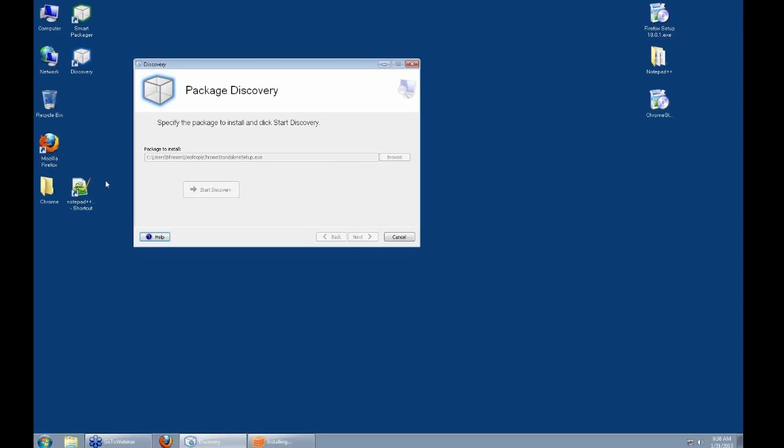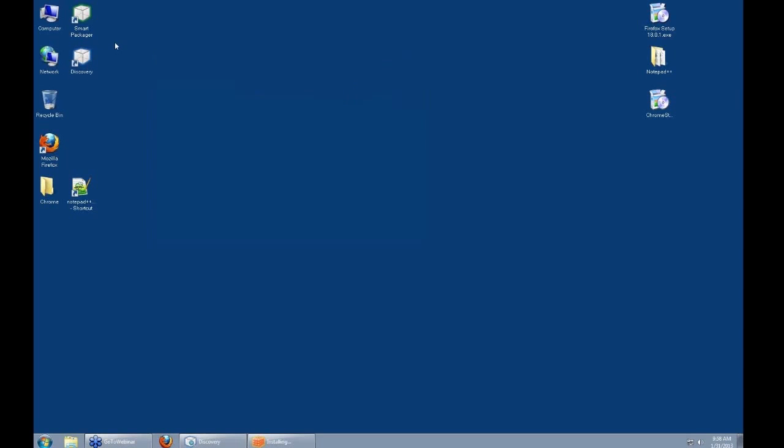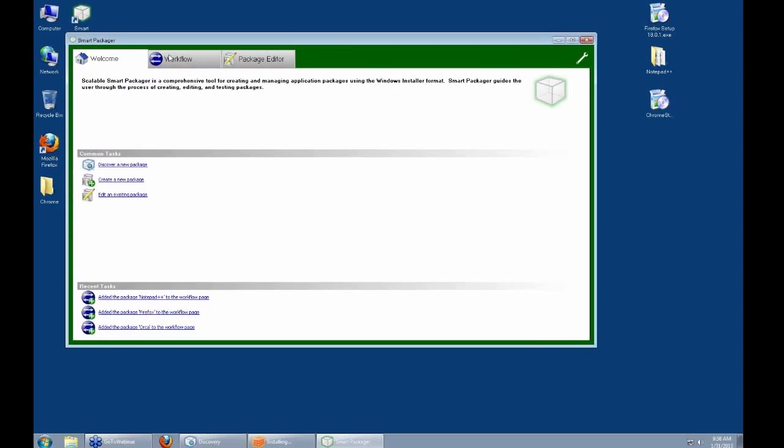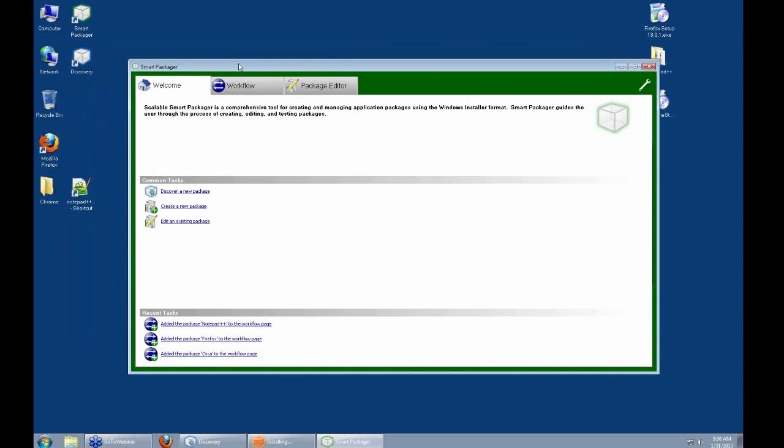And so we have a command line version of discovery that allows you to do that in a scripted fashion. I'm actually going to go ahead and minimize this, let it work in the background, and move on to the Smart Packager UI, which